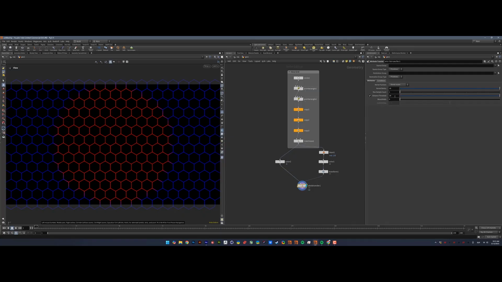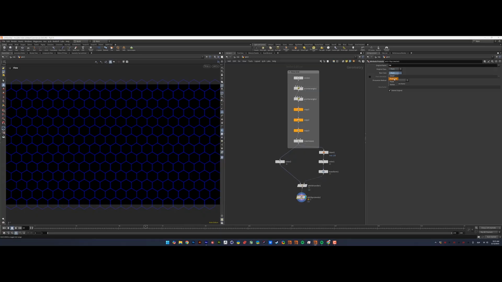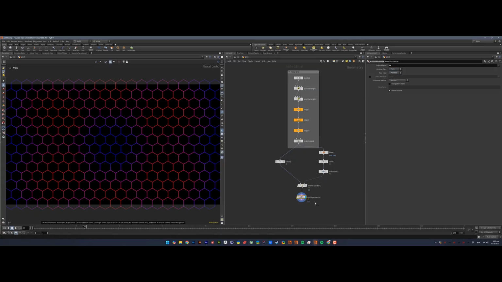We will set 0 here, frame 45, we will set 4.5, and the blend, so we will have this. And now we will use an attribute promote to promote the color from point to primitive,